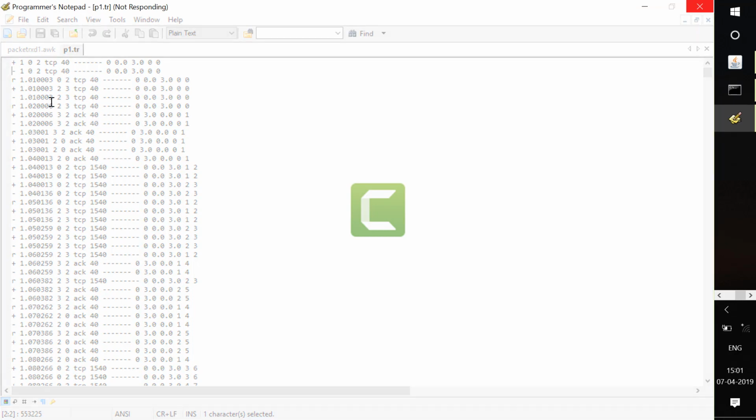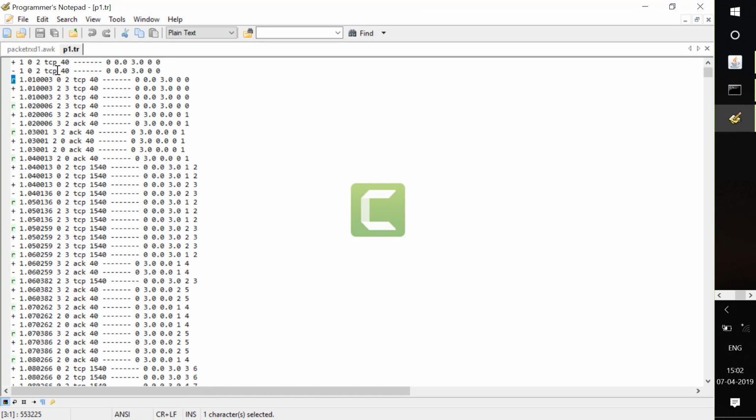Here you can see there are two different types of TCP packet, TCP 40 as well as TCP 1540 packet size. What are this TCP 40 and TCP 1540 packet sizes? Whenever you want to send any data from source to destination, first it will send a control packet.